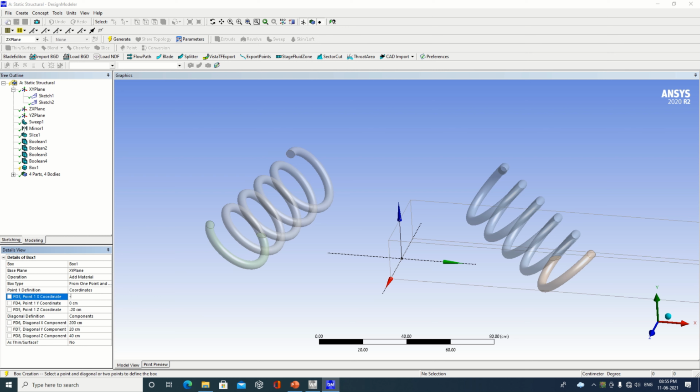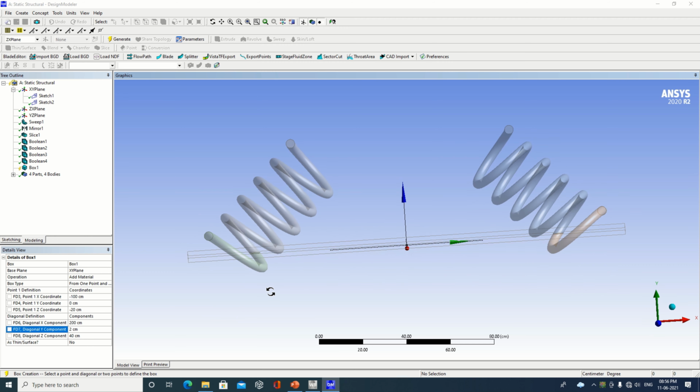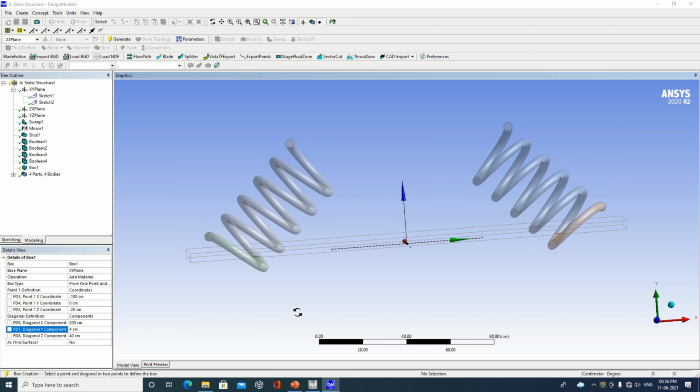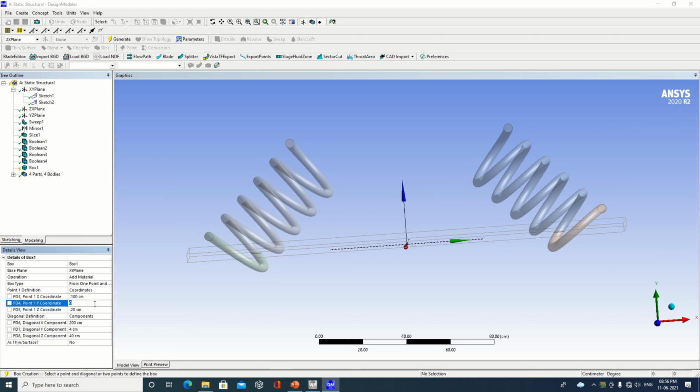Take X origin minus 100 so that it will be at the center. Then take this value equal to 2 over here. So this has been generated over here, or you can take some higher value also, same as your diameter. Take this up by 46, say for example.